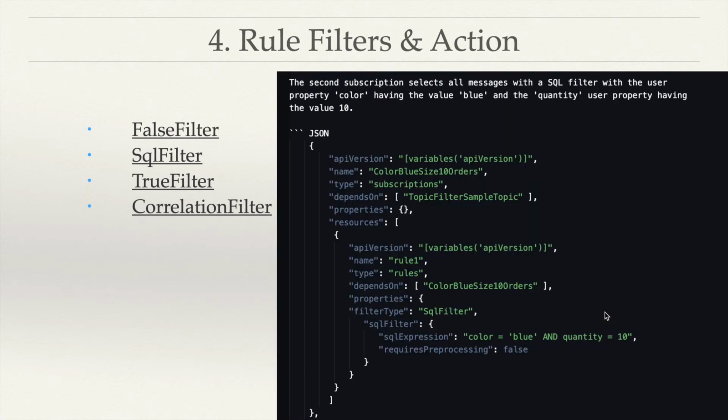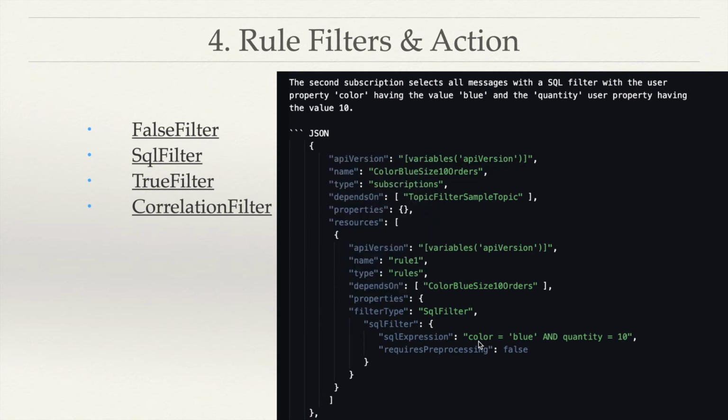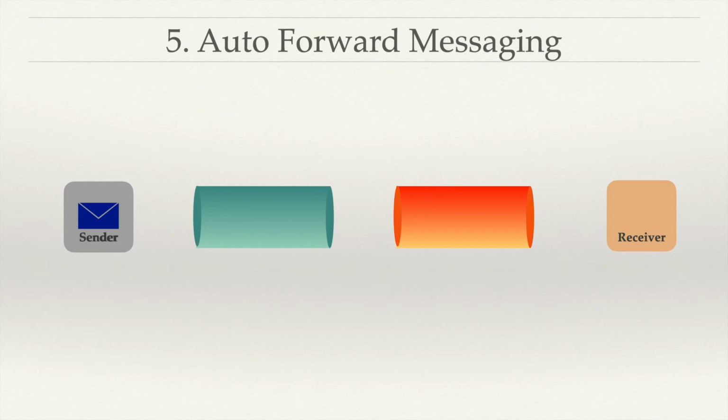Another one could be a messaging filter based on multiple conditions, wherein you say the SQL filter condition is when the color is blue and the quantity is 10, then your subscription should receive the messages from the topic, and it will send the message back to the receiver for processing. So that's how you can use the rules, filters and actions within the publisher-subscriber mechanism of topics and subscriptions. Now we are going to look at the auto forwarding of messages,